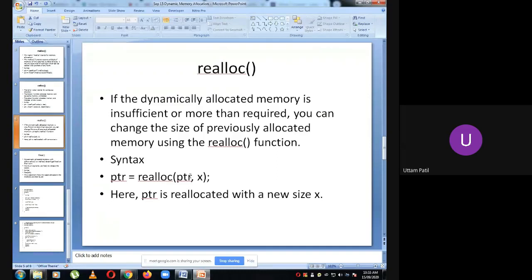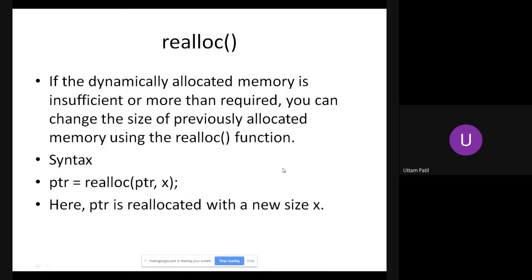PTR is the pointer which was pointing to the first allocated memory, and X is the new size. Then the new memory block will be allocated and PTR will start pointing to that. Say you already have memory allocated, and PTR is pointing to the first memory location.